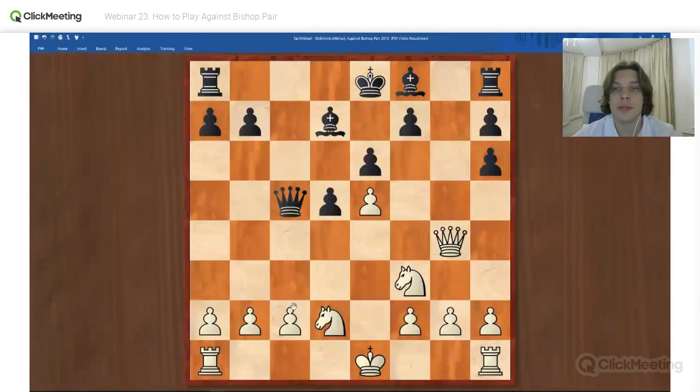That's a possible move, but not the best one. Knight d4.